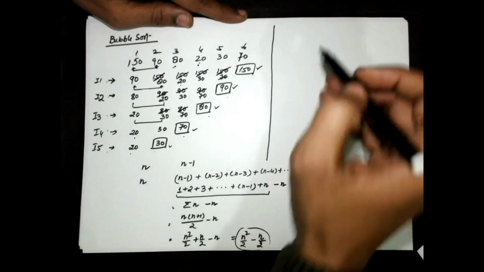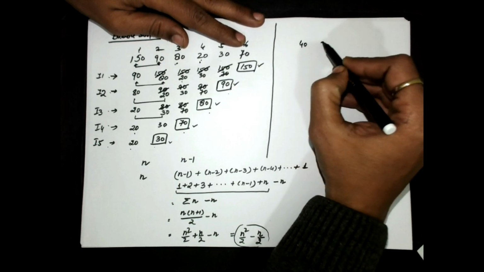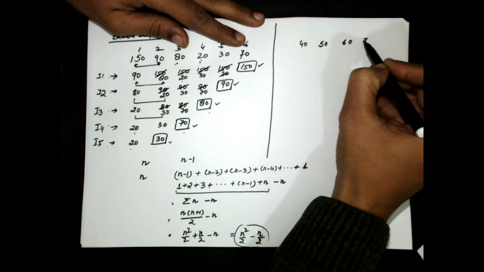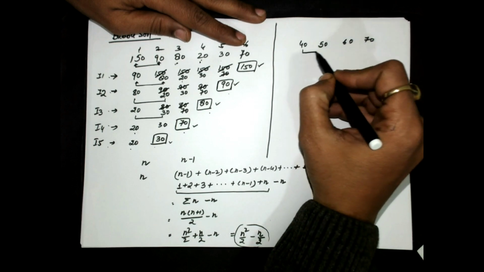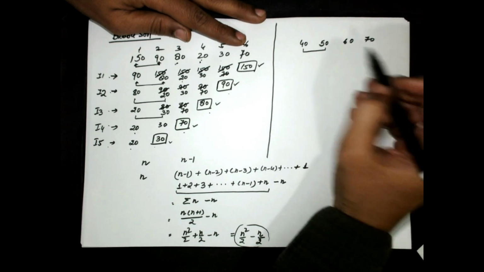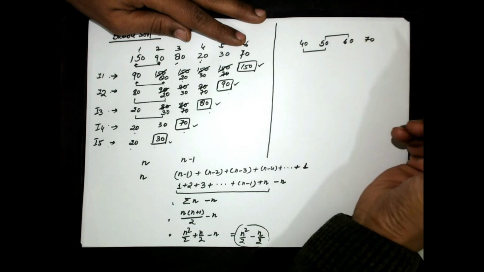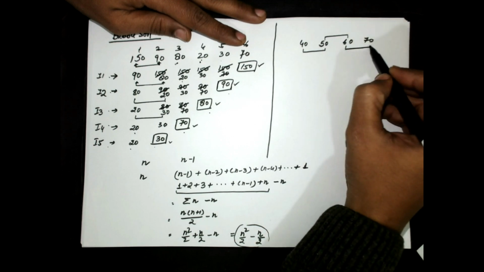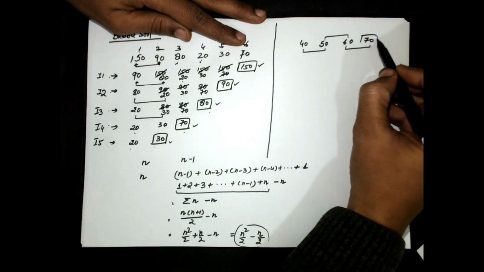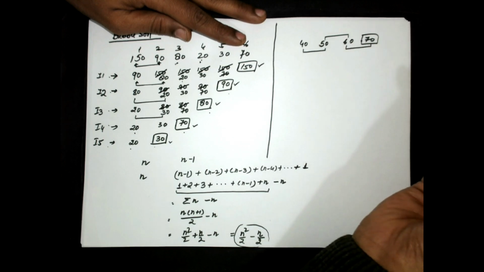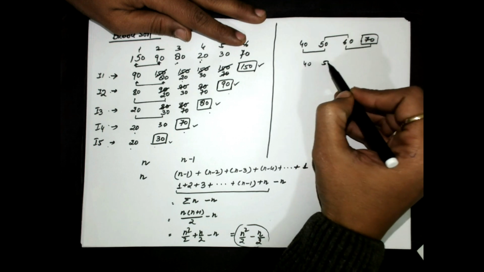For example, let's take another example. Let's say I have the elements 40, 50, 60 and 70. These are the input elements given to us. If I compare first and the second element, no exchange. Second and third element, no exchange. Third and fourth element, no exchange. So if I do the next iteration, by considering that the position of 70 is fixed in this iteration,